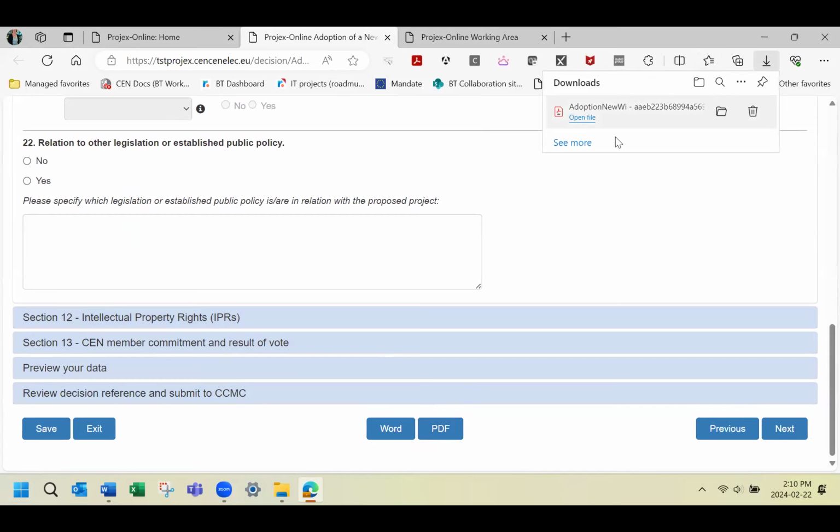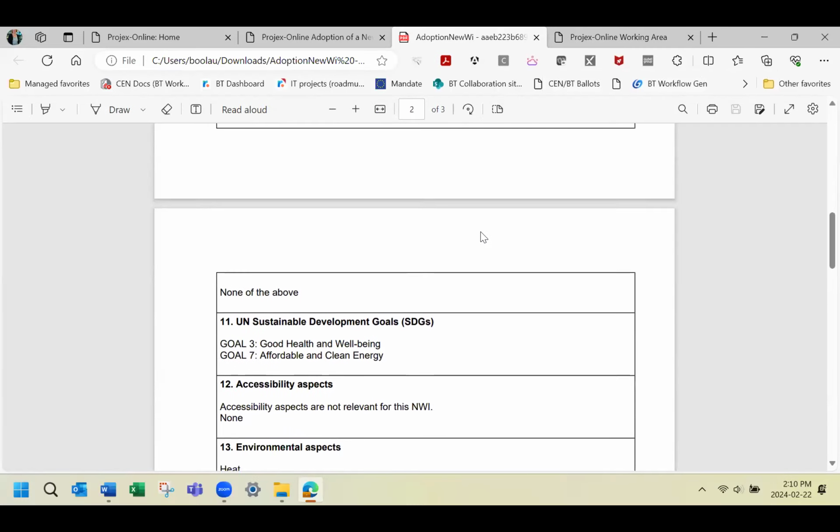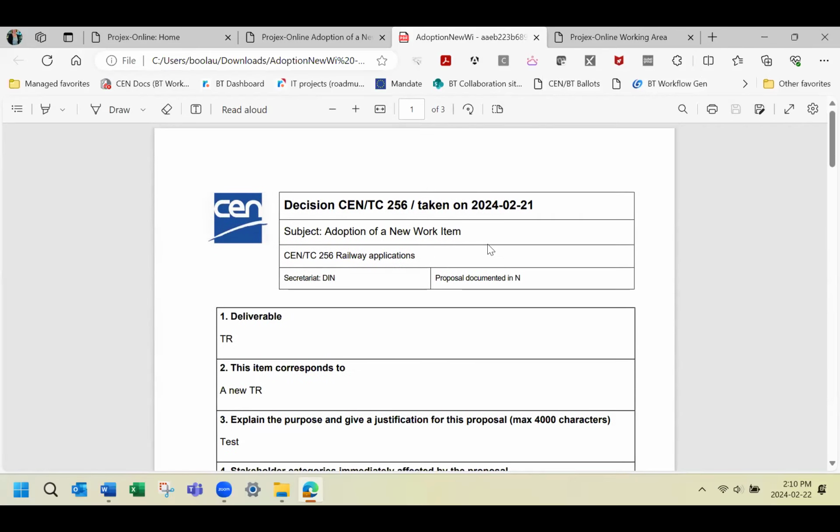Okay, my PDF file is over here. So it's pre-filled. I have some information. So this file I will attach to a CIB, which I will then send for 2 months voting by the technical committee.